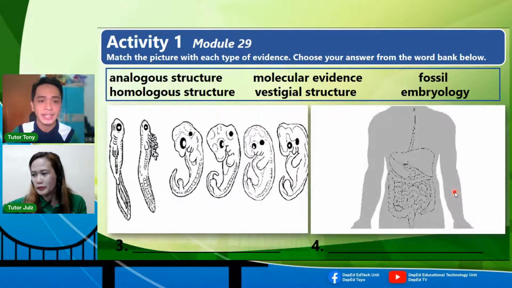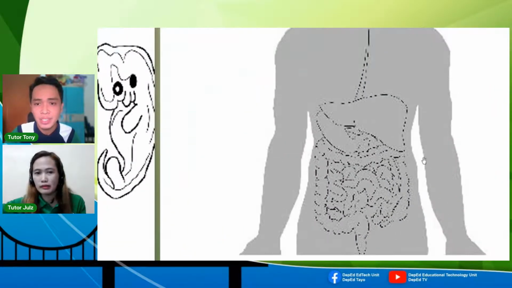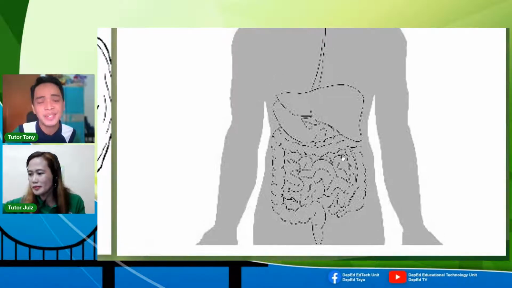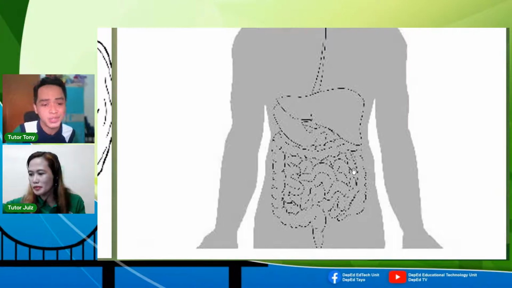Ka-ELS, let's proceed with items number 3 and 4. Ayan naman, kanina din-discuss natin ang similarities with the development ng embryo ng mga species of animals. Yung number 4, pinapakita lang dito yung structure that we used to ginagamit before ng ating mga ancestors, but it's now useless. Kumbaga kahit i-remove yan, we can still function. Kumbaga yung digestive system natin can still function without it.